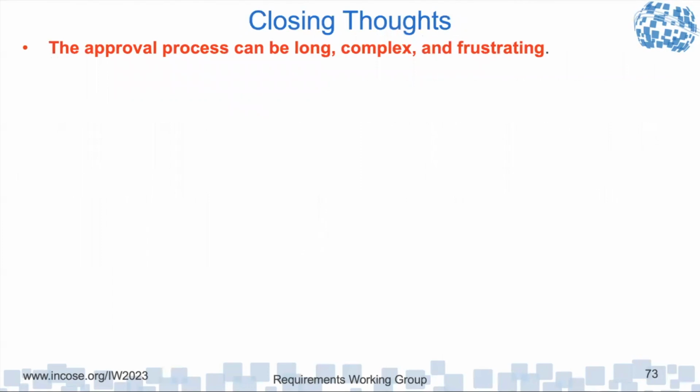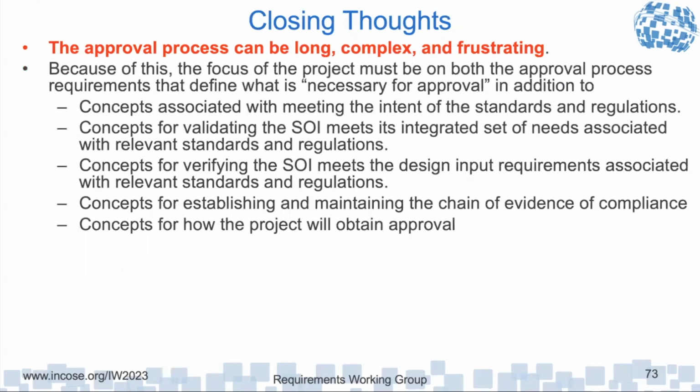So, parting thoughts: the approval processes can be long, complex, and frustrating. Because of this, the focus of the project must be both on the approval process requirements that define what's necessary for approval, in addition to developing concepts associated with how they're going to meet the intent of the standards and regulations, developing concepts up front for how they're going to validate that the system meets the integrated set of needs,